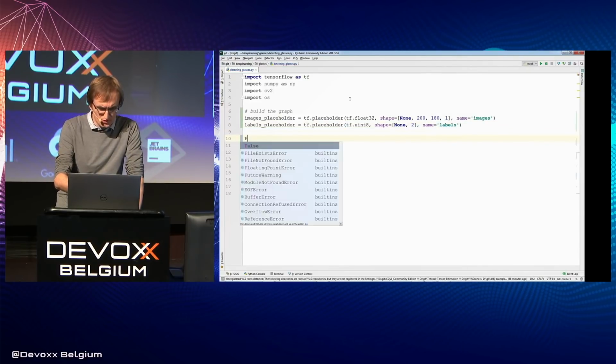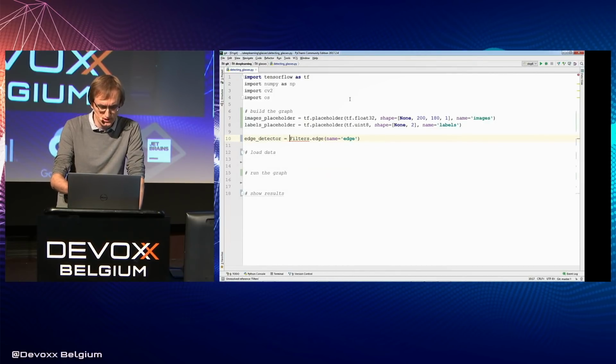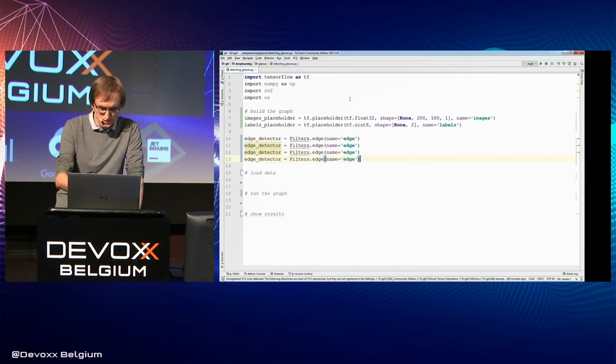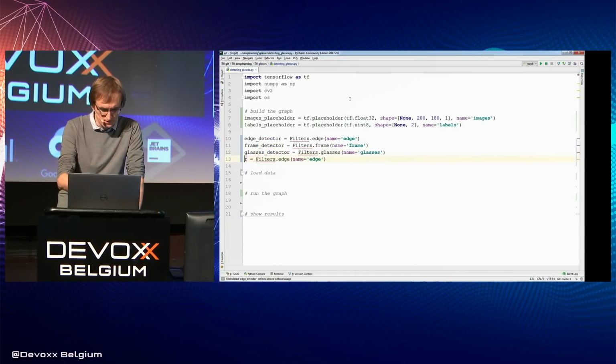We will soon prepare a class, let's now call it filters, which will have separate methods to create and return a filter that we need. So one will be for edges, one will be for frames, one will be for glasses, and one for final classification. Okay, now the graph is very simple.